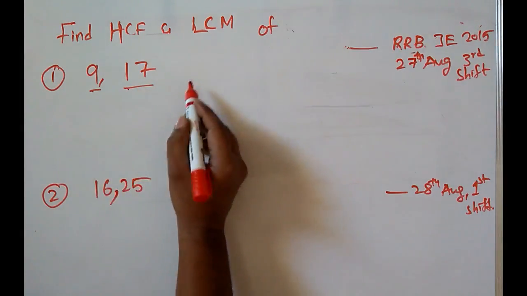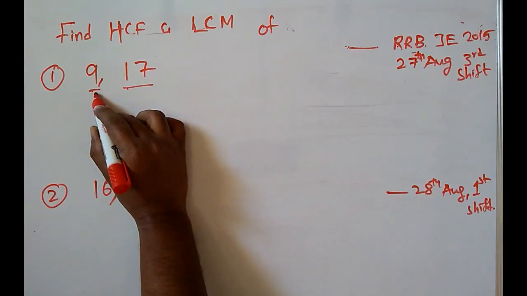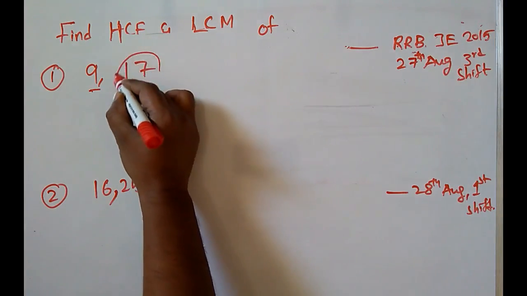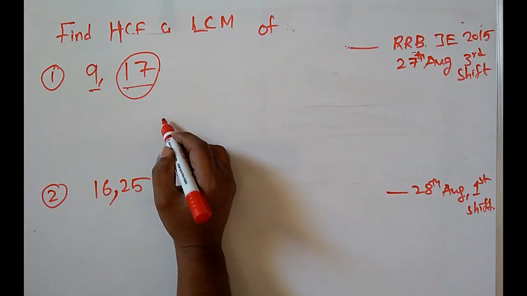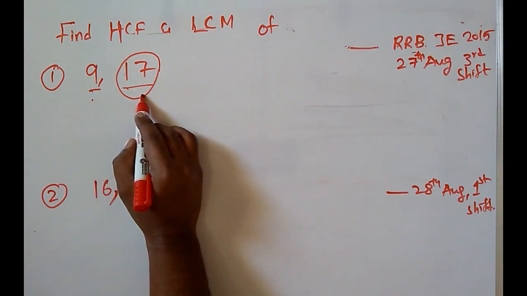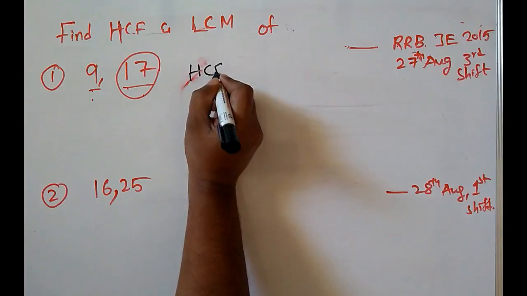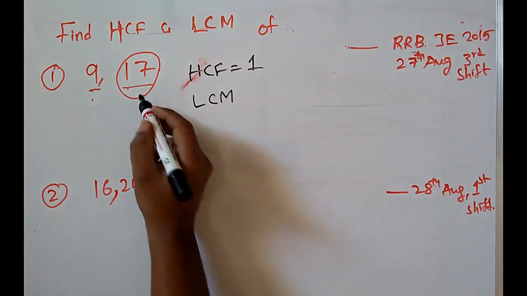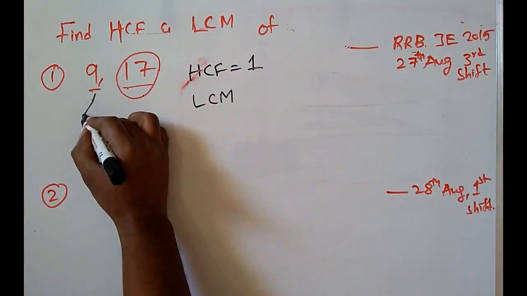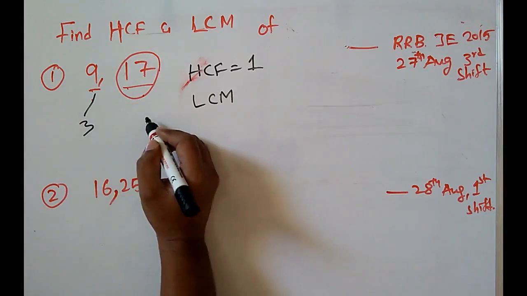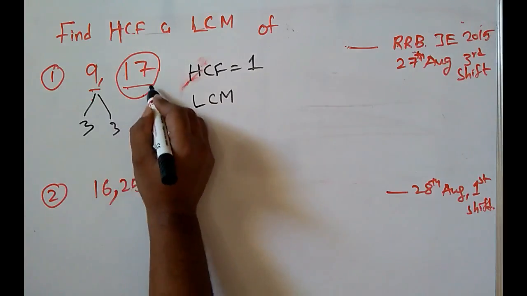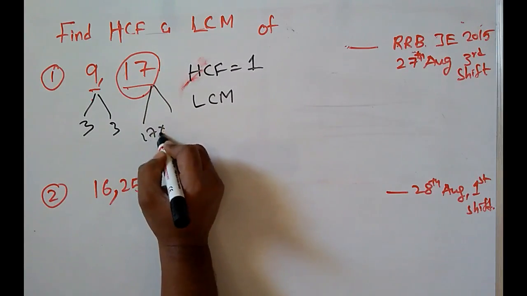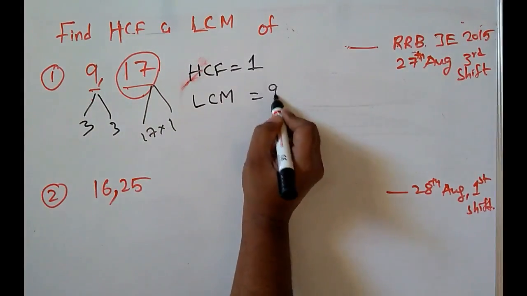For HCF, there are no common factors. 17 is again a prime number, and 9 and 17 have no common factors. HCF becomes 1, whereas for LCM, you don't have a common factor either. Of course, the factors for 9 are 3 and 3, and for 17 are 17 and 1. So we will get 9 into